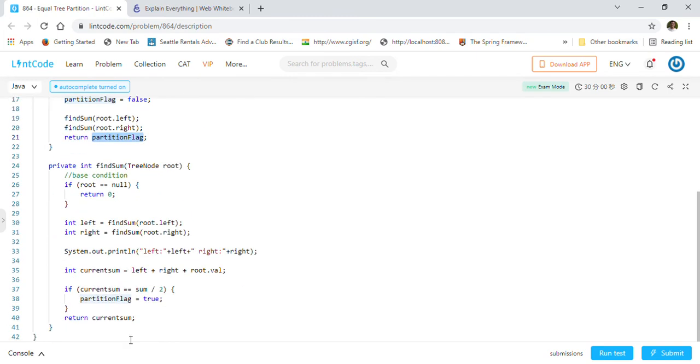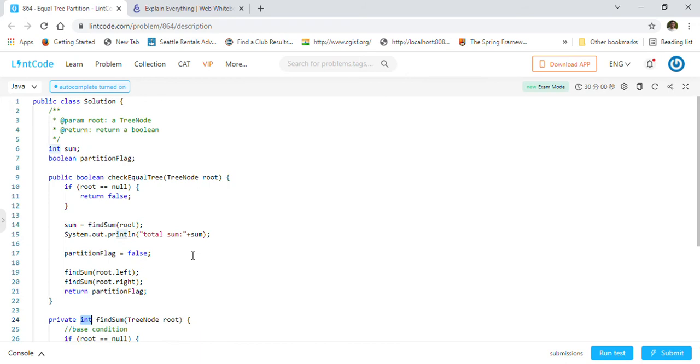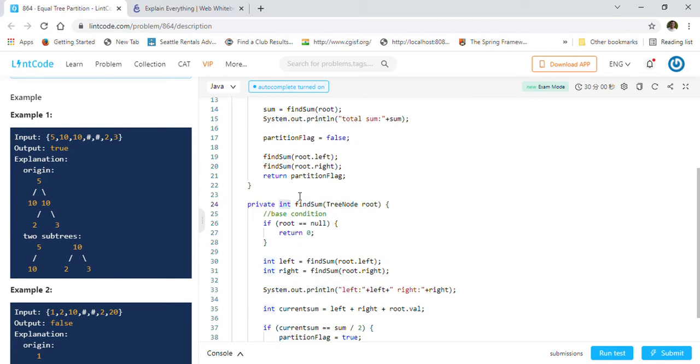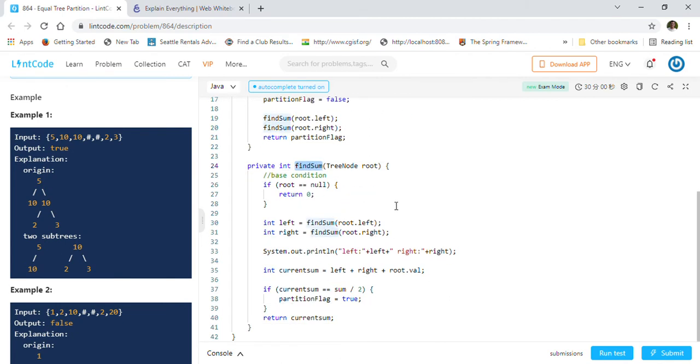In the recursive function, this function returns the current sum, that's why it is int. So this is the general approach that our solution is based on. It just uses recursion and calls findSum recursively.